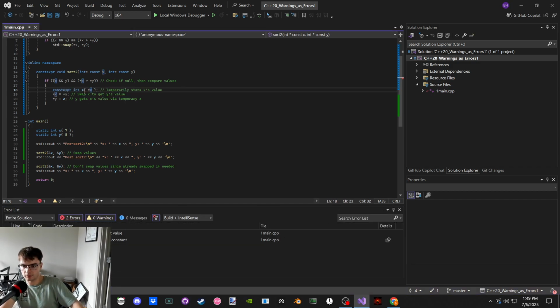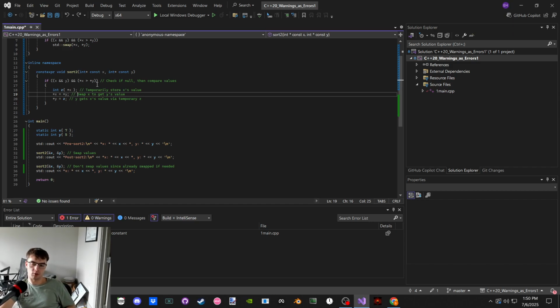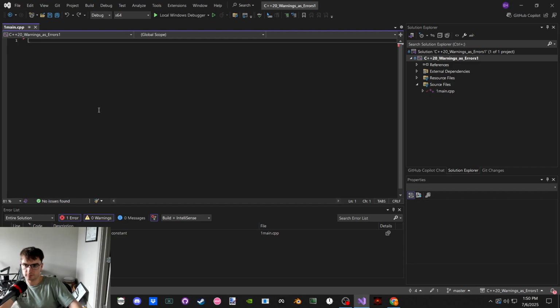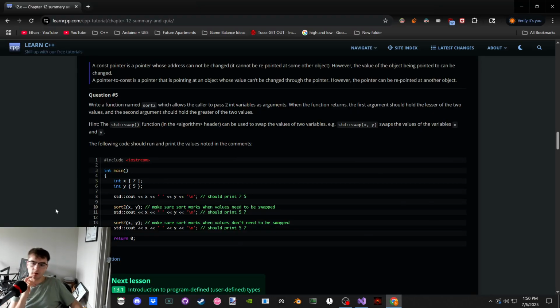But this doesn't work because this isn't a constant, because it's a parameter. So we would need to pass it as a pointer as a non-type template argument, it seems like. So, same thing. Okay. What do you think? Anything else? When the function returns, the first holds the lesser, the second holds the greater.